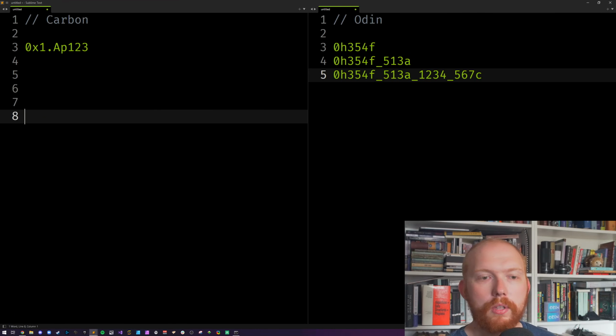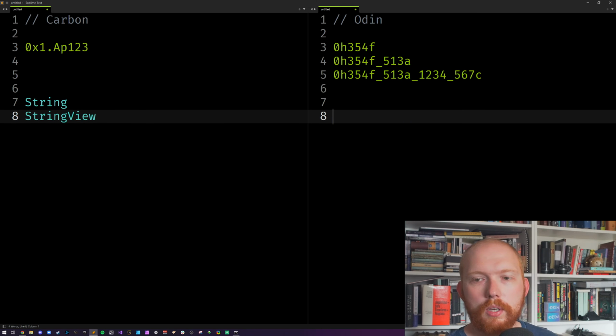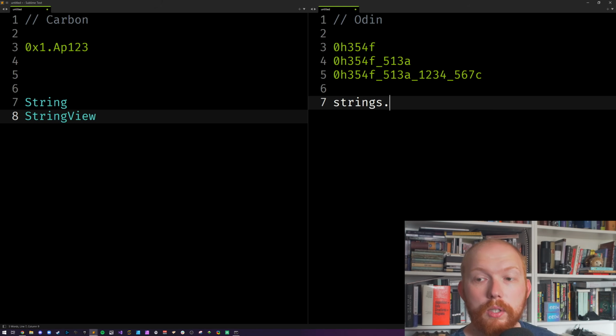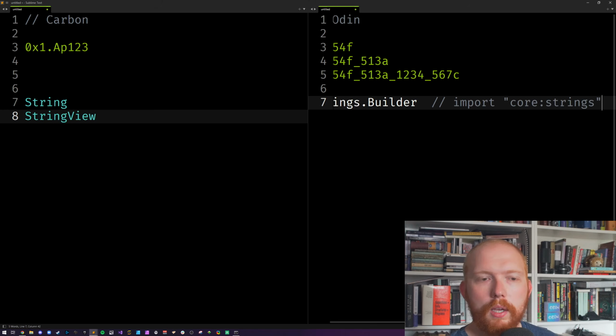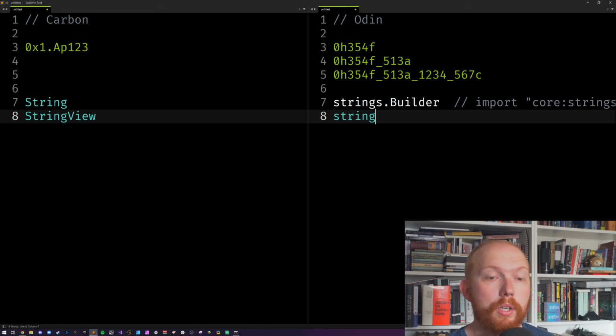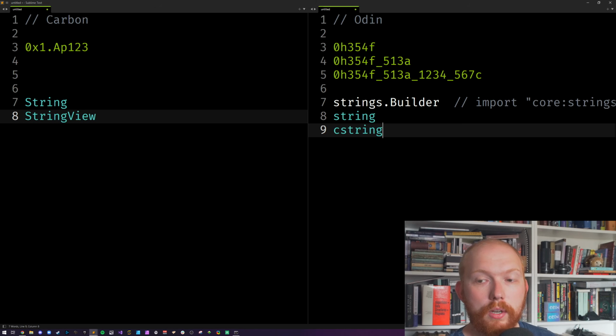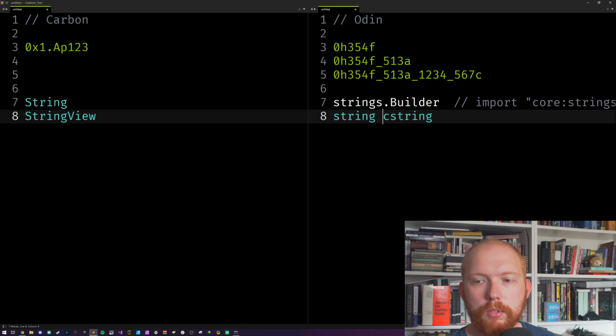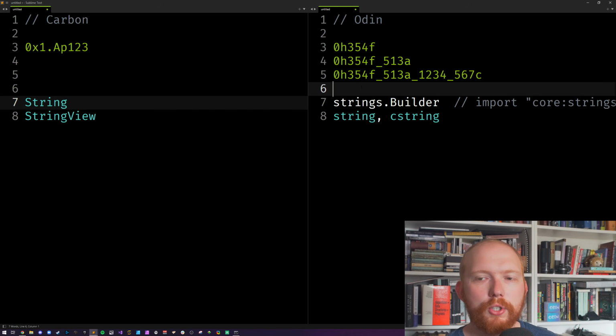So in Odin, we make a difference. They have string and string view, whilst in Odin, we have strings.builder, which is user level, but part of the core library. You just need to import core:strings for it. And then we have string, which is the string view. Odin also has a C string, by the way, so you can make a C string if you need it for C. But otherwise, these are the different conceptions they have. So I'm just going to put a big comma in there just to separate it. There we go. So there are different distinctions as we go along, just to show them off.